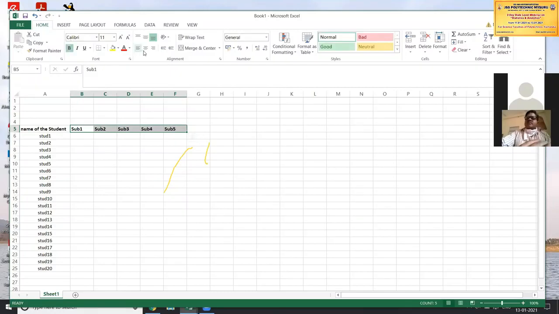So I made it bold and center. So now I'll enter the values for these 5 subjects. So for 100, how much he has been scored?